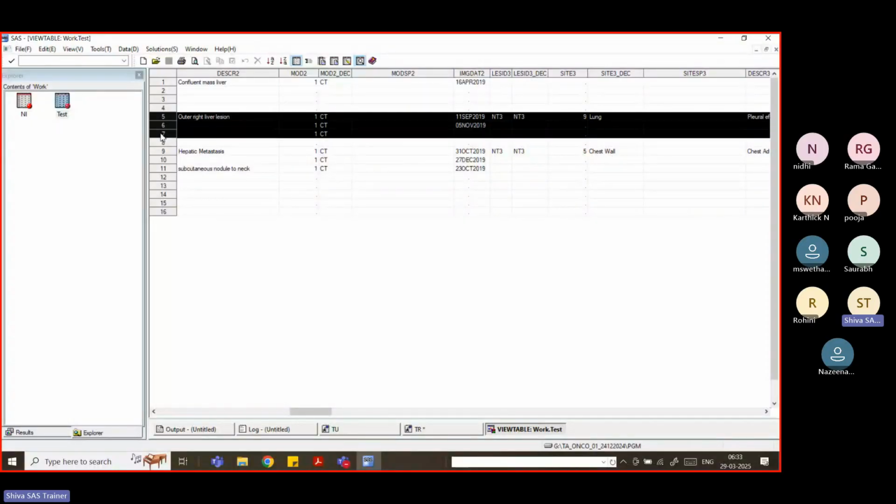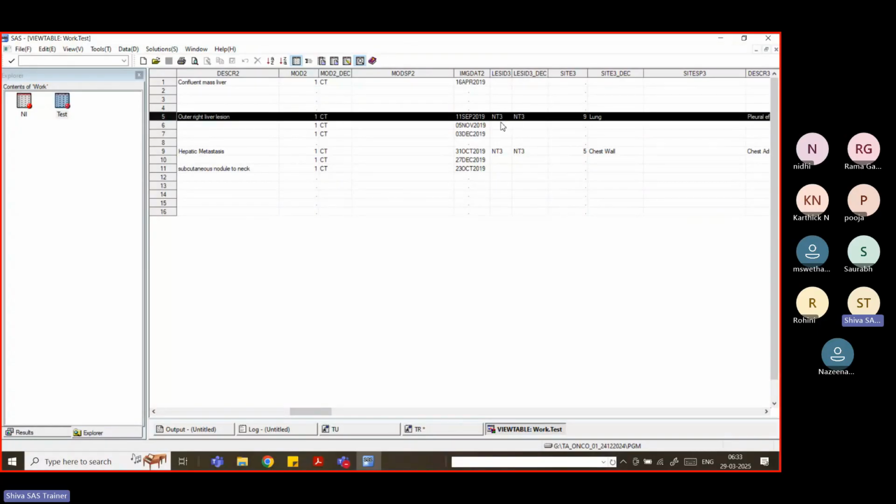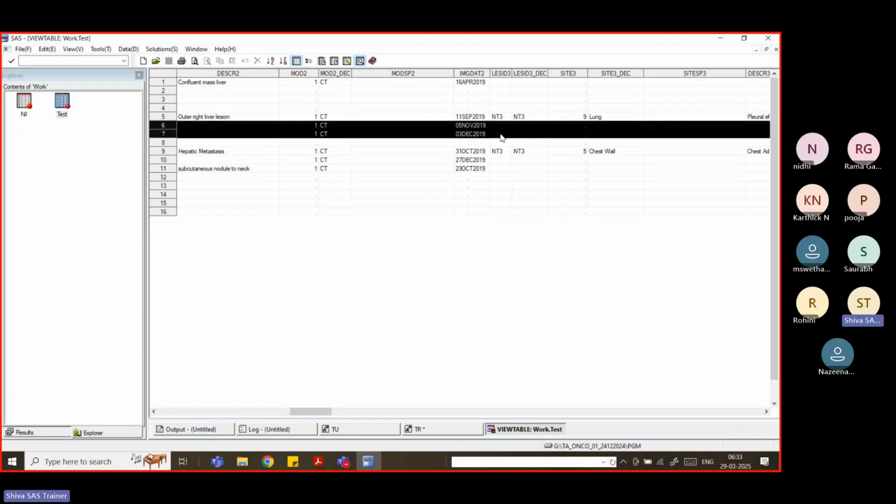In the case of targeted tumors, they will measure the sizes. So that is how the information was collected the first time. Everything about the tumor information, but here you will see that only in the first row have they captured the information. In the second and third rows they simply gave only the dates, and the remaining information is the same as above. So to populate this information, the lung information and so on,